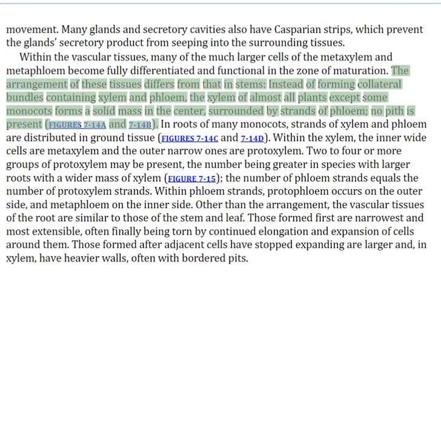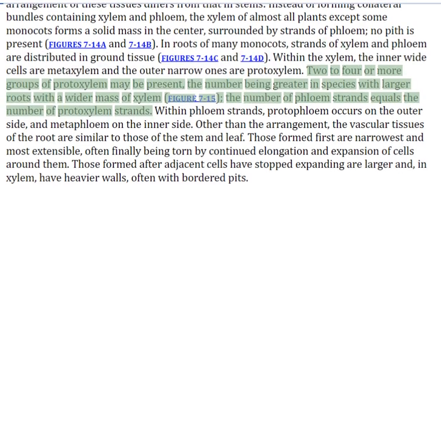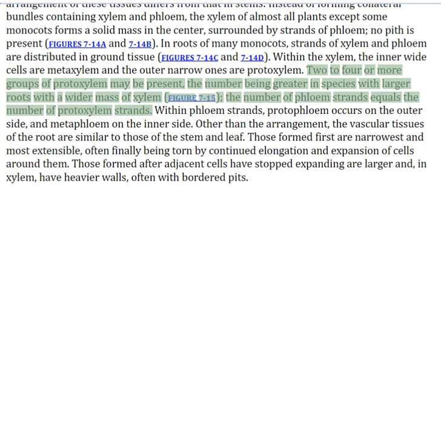Instead of forming collateral bundles containing xylem and phloem, the xylem of almost all plants except some monocots forms a solid mass in the center, surrounded by strands of phloem. No pith is present. In roots of many monocots, strands of xylem and phloem are distributed in ground tissue. Within the xylem, the inner wide cells are metaxylem and the outer narrow ones are protoxylem. Two to four or more groups of protoxylem may be present, the number being greater in species with larger roots